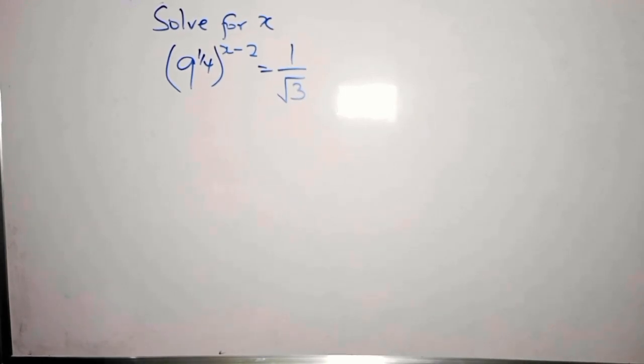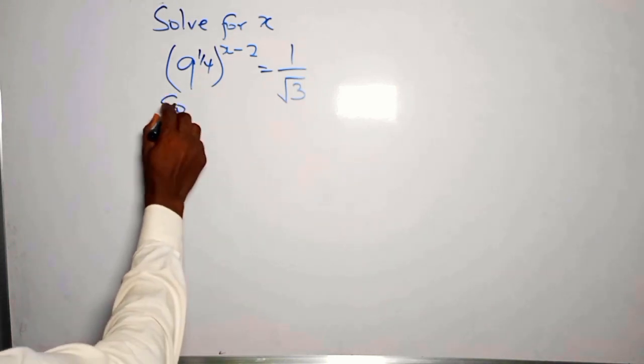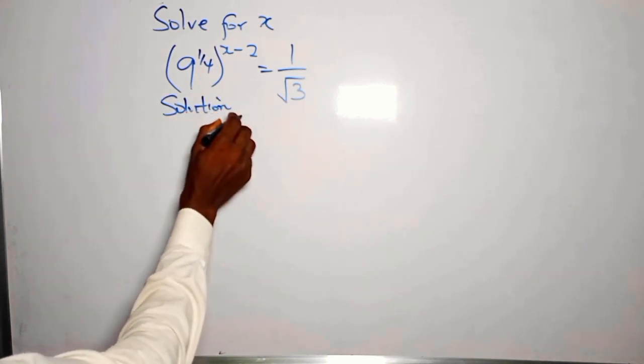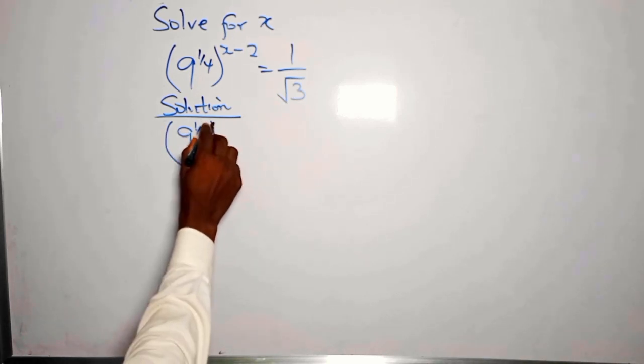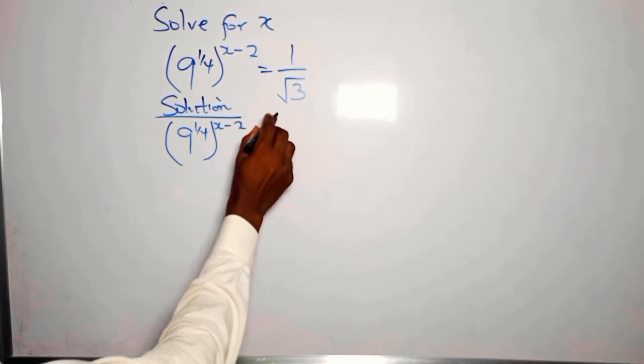The question says, solve for x in this equation. So we have 9 raised to power 1 over 4, everything raised to power x minus 2, equals 1 over root 3. So how do we do this? Solution. Okay, so for 9 raised to power 1 over 4 raised to power x minus 2 equals 1 divided by